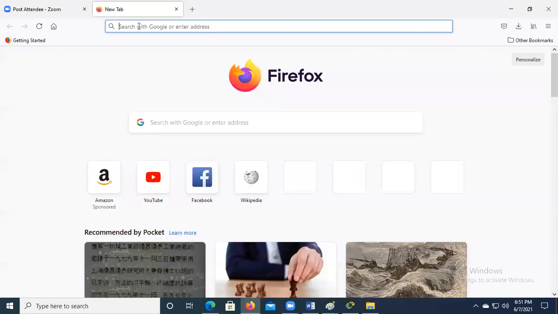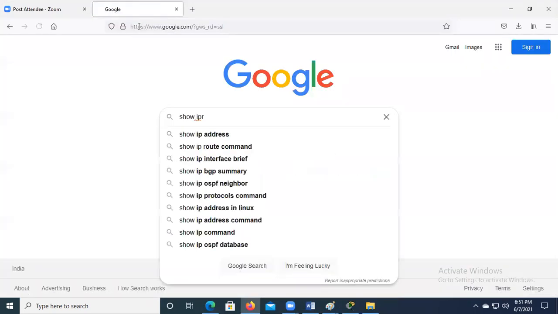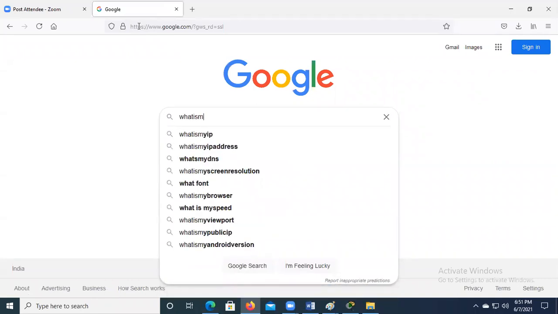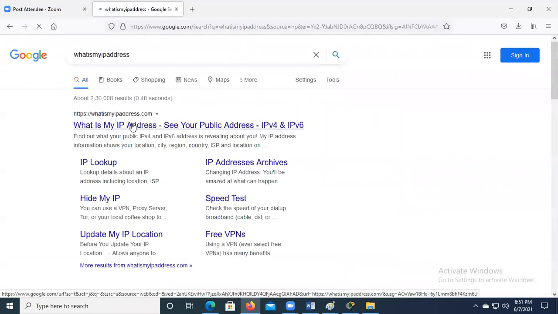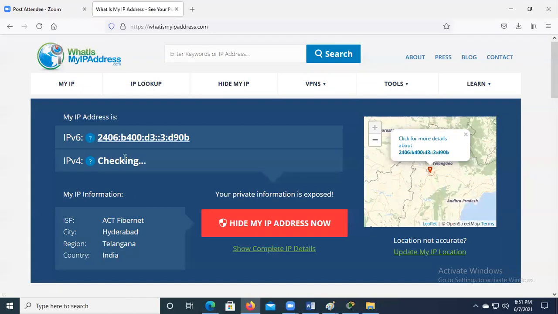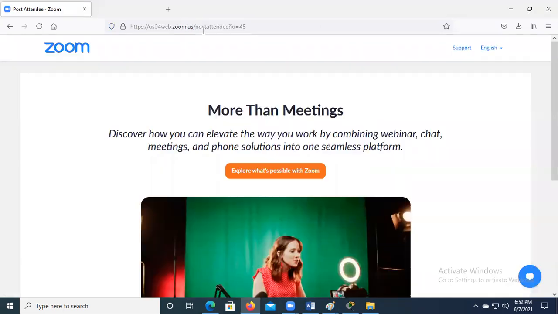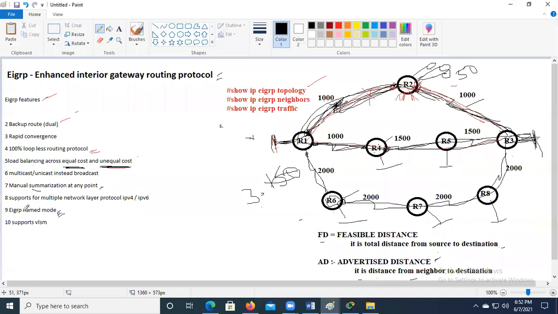So when I go to my router and check what my IP address is, I have both IPv4 and IPv6 coming. How is it possible that on my computer I'm getting 2 IP addresses? For my WAN connection, I have one public IPv4 as well as IPv6. ACT Fibernet is using this multi-protocol communication, configured with EIGRP named mode, which is a very advanced one compared to classical mode.